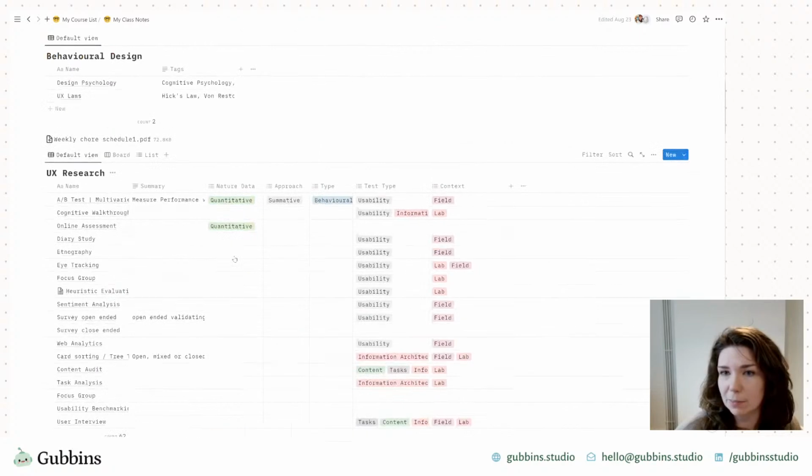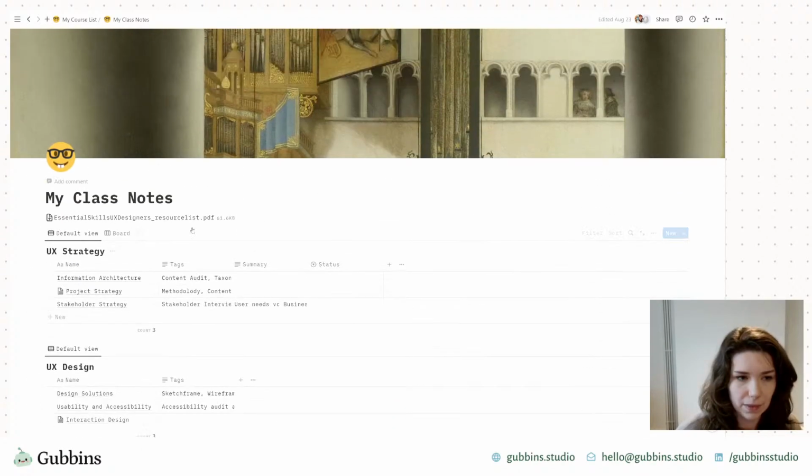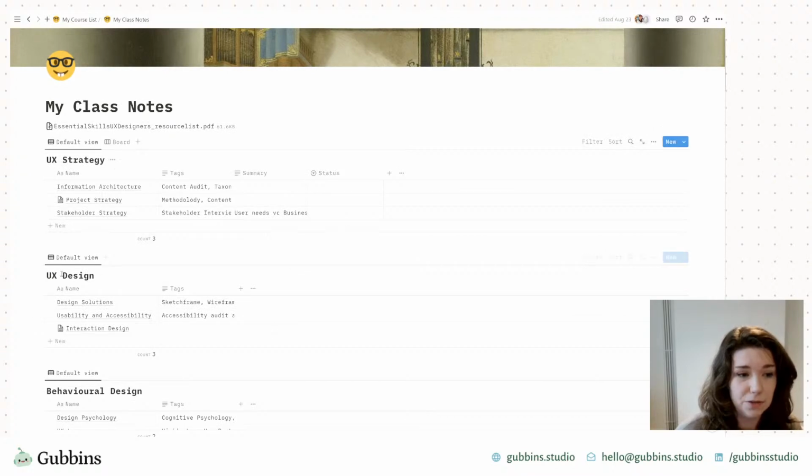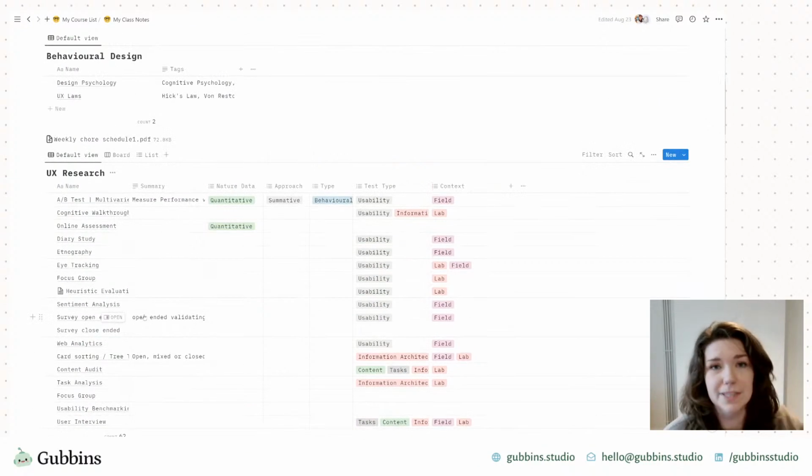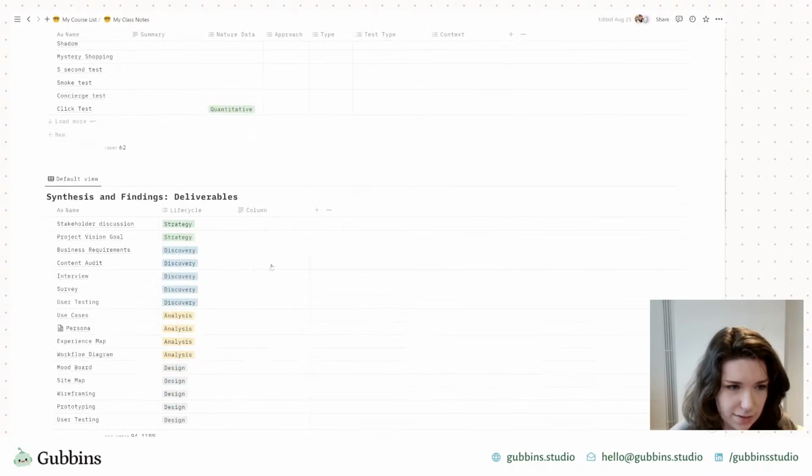So basically at the moment, each of these task categories has its own board, which has its own database, which is fine, it's good. But if you wanted to be able to display all of these in one view for whatever reason, it's difficult to do it like this.